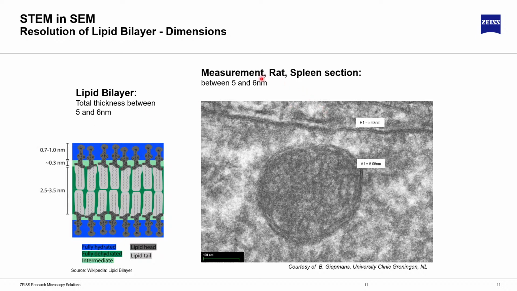Then we have here a measurement of this bilayer, which in this example is 5.05 nanometers, and in another example 5.68 nanometers, which is typical to be able to acquire this kind of ultrastructure,